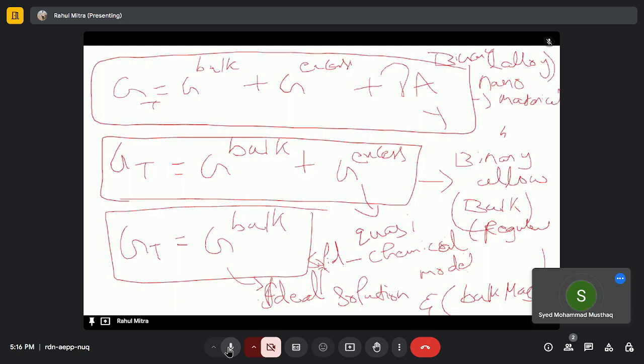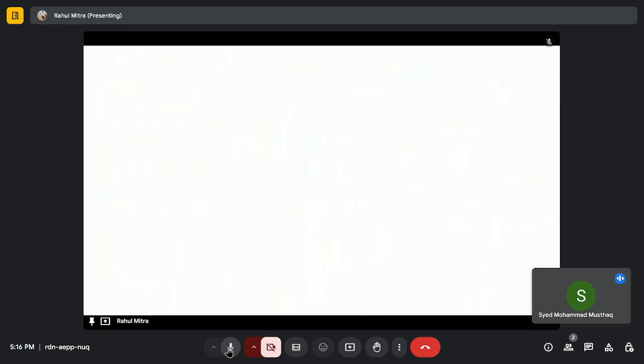Let's go back to the previous equation. Now, as we are talking about grain and grain boundary, let's assume that the grain region is a bulk material and the grain boundary is a surface one. Then let's write the free energy for both the grain and grain boundary. That will be equal to